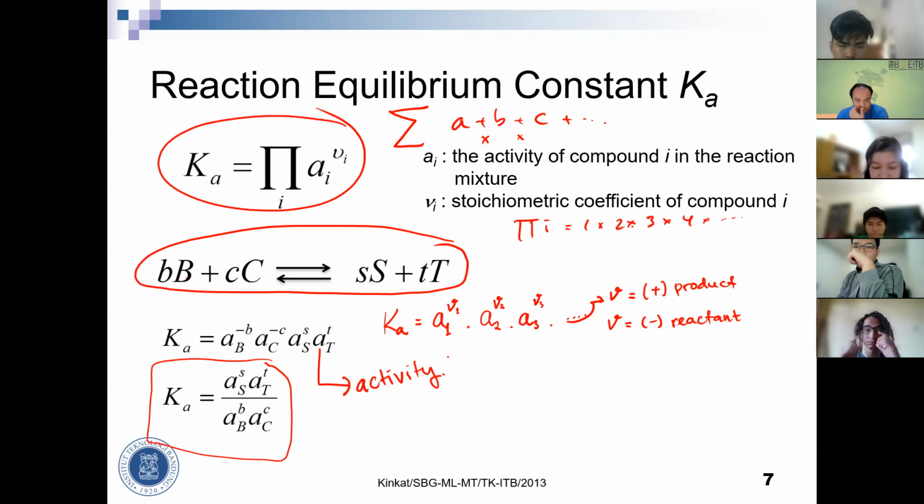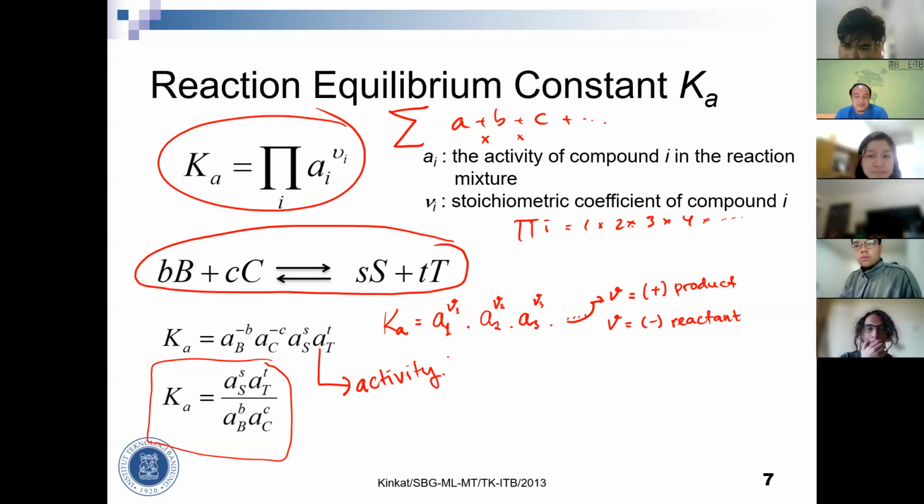liquid phase. Because in high school, the examples are usually liquid phase reactions. So in high school you use concentration instead of activity, because in high school you've only learned about liquid phase reactions. It is correct that the activity can be changed by a concentration if the reaction is in a